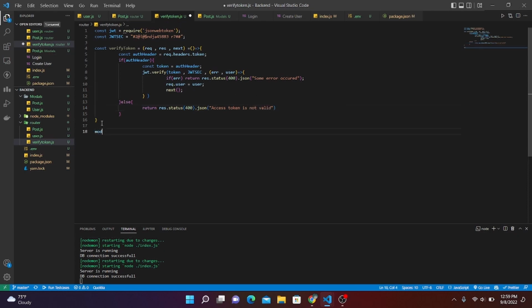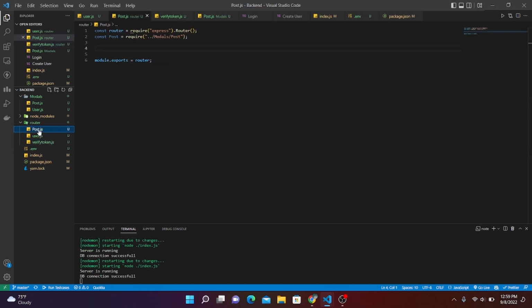Okay, so let's save this and import this. Let's try module.imports and our verified token. Everything is done in our verified token. Now let's go back to our post, and here I'm going to create our post. Let's write router.post,